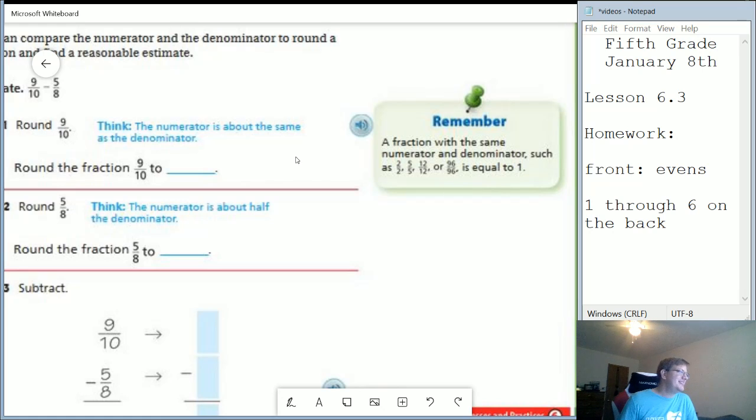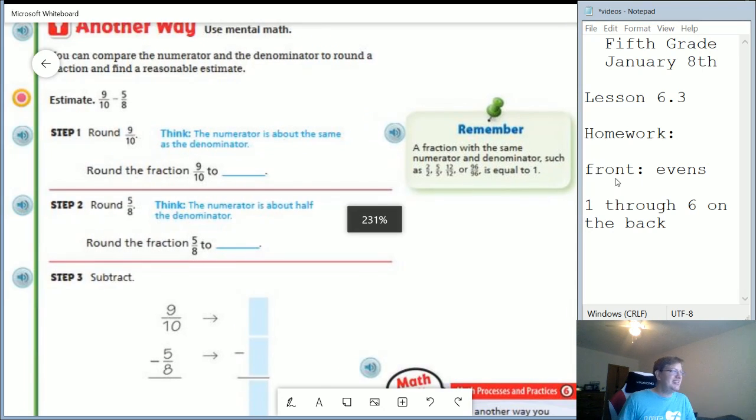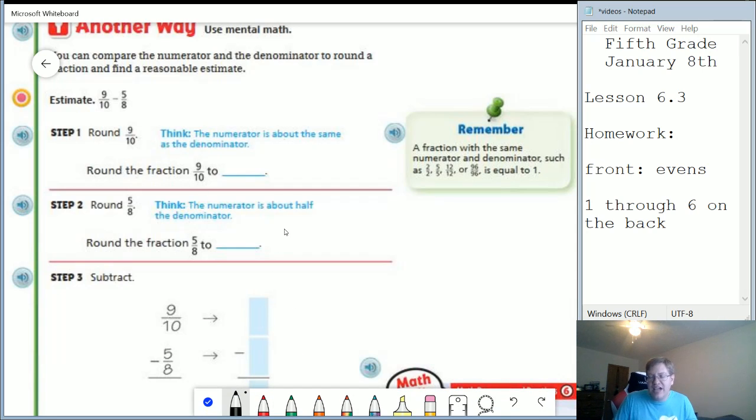Here's an example where they did that, but maybe we don't need to do that. So 9/10 is going to be closer to 0, 1/2, or 1. So think about that for a moment. Think about how many parts we would need to have exactly half of 10, and that can help us answer that question. So 9/10, again, if you need to pause at any point,